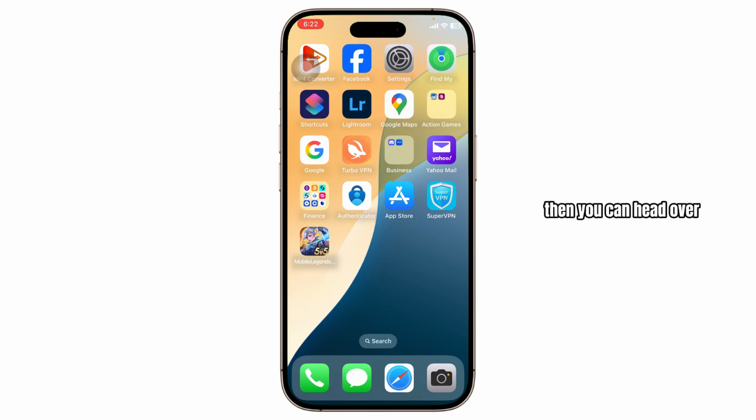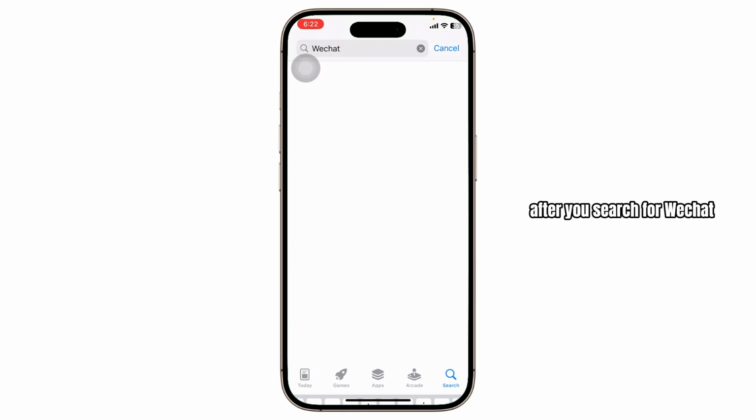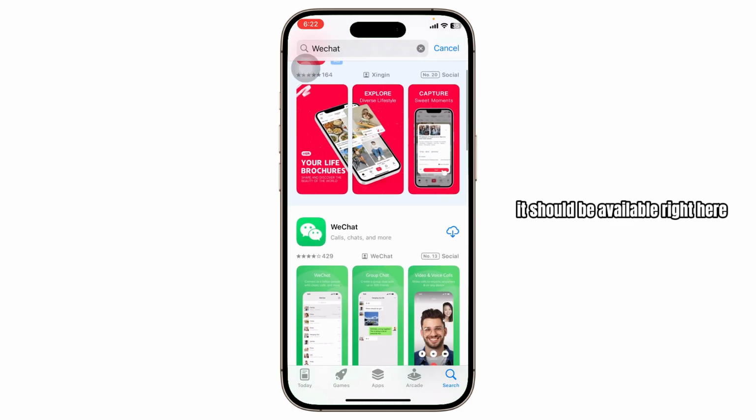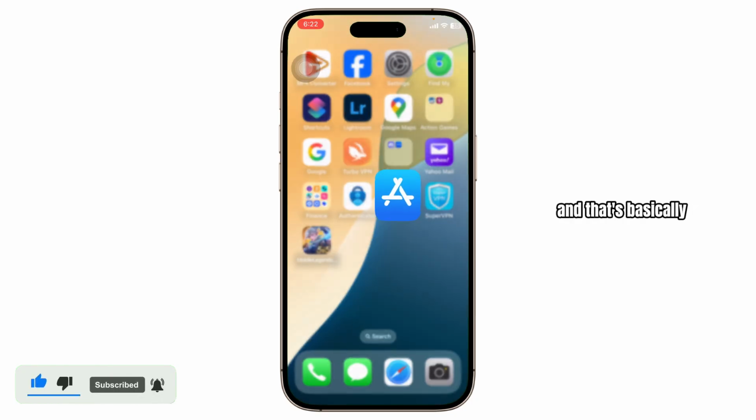After you update it, then you can head over to your app store, and after you're on your app store, simply search for WeChat. So search for WeChat, and after you search for WeChat, it should be available right here. This is the app. So simply tap on the install button and install the WeChat,